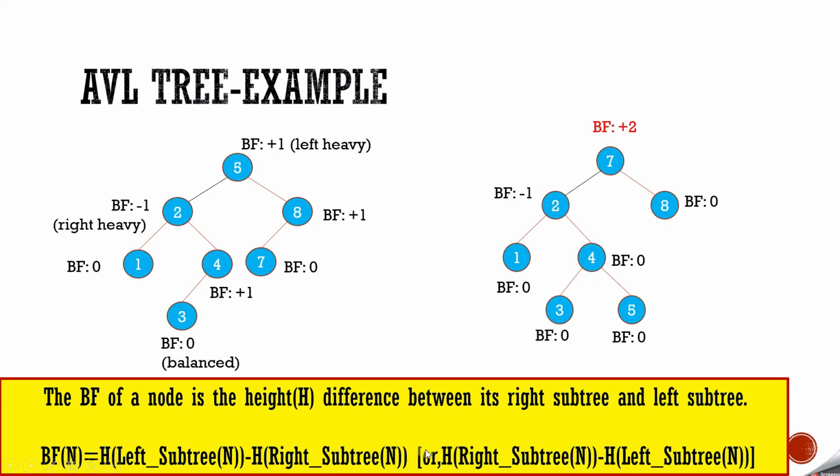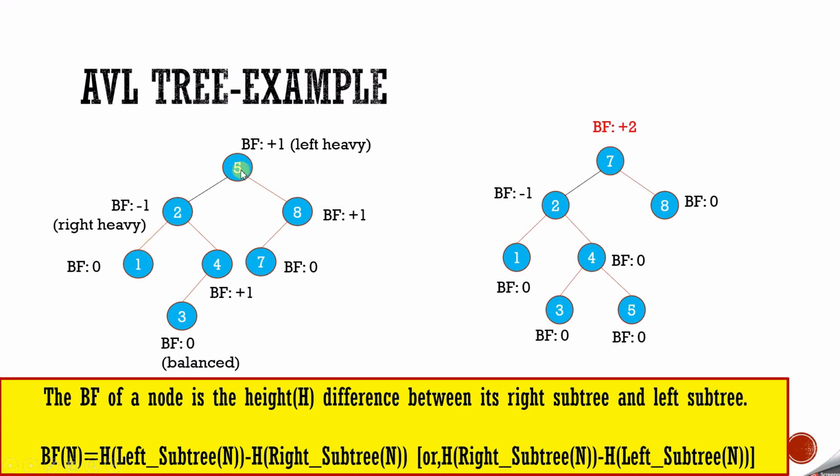So how do we calculate that height? Very simply, the height of the right subtree of node 2 is the number of edges to reach its longest leaf path. This is one leaf node, and this is the longest one. So how many edges are there? 1 and 2. So naturally the height of the subtree is 2. Similarly, what is the height of the left subtree? To reach its left side leaf, you need to pass through one edge. So that way you can calculate. It is basically 1.